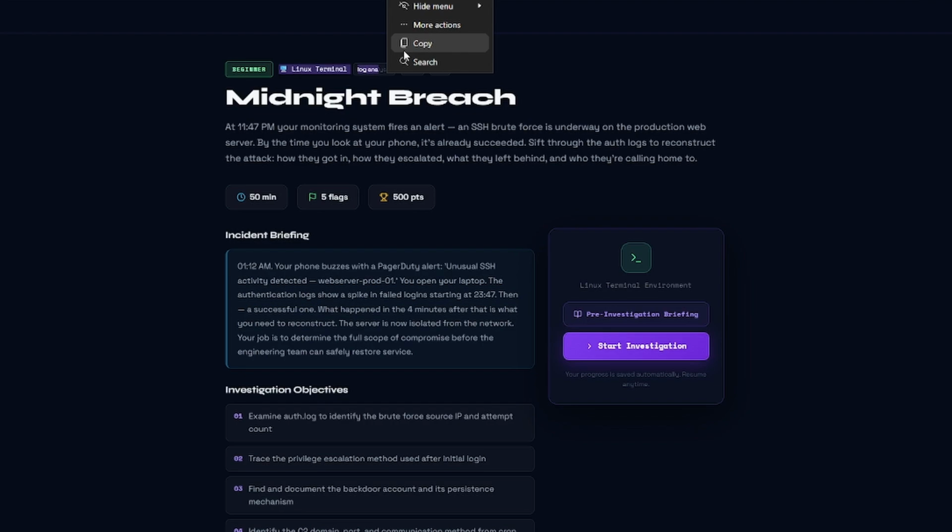So this lab is called Midnight Breach. Evidently at 11:47 p.m. your monitoring system fires an alert. An SSH brute force is underway on the production web server. By the time you look at your phone, it's already succeeded. Sift through the auth logs to reconstruct the attack: how they got in, how they escalated, what they left behind, and who they're calling home